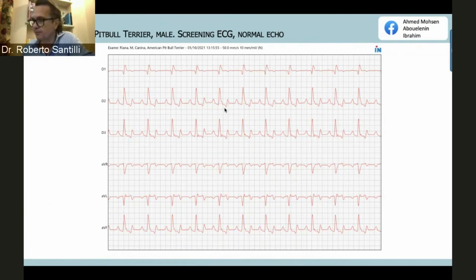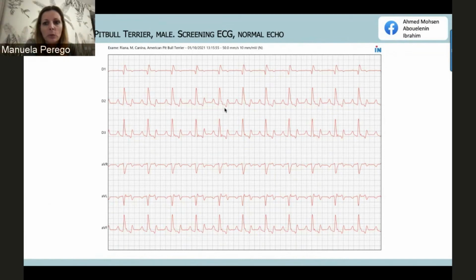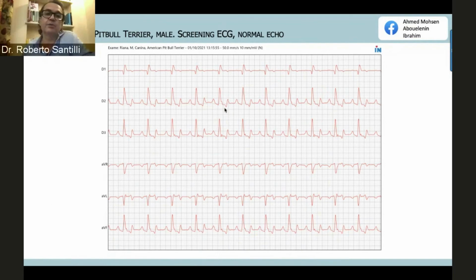And just talking about sotalol, can sotalol be used in dogs with arrhythmogenic cardiomyopathy with right heart systolic dysfunction, in your opinion? This is a very, very good point. It depends on the amount of dysfunction and the presence of congestion. We really had several problems with sotalol, particularly with English bulldogs, if they have flutter or VTAC and you want to control VTAC. We had cases where they weren't in congestion, and after a few doses, they actually went into right heart failure.